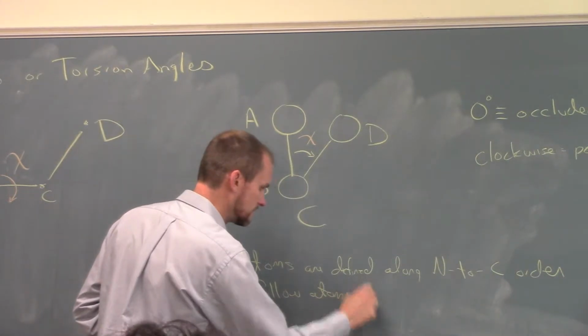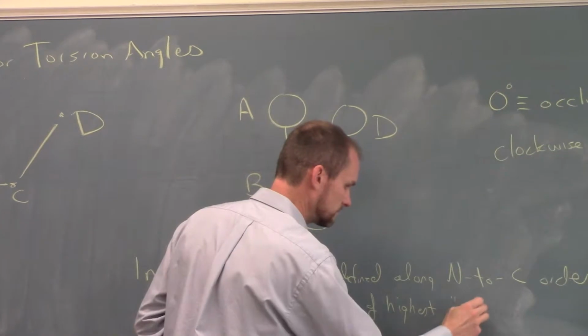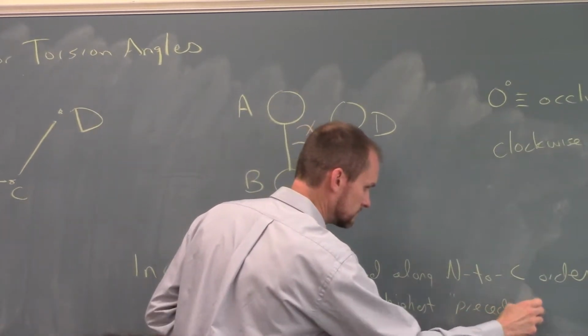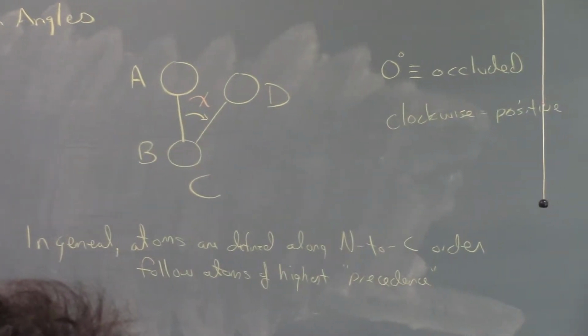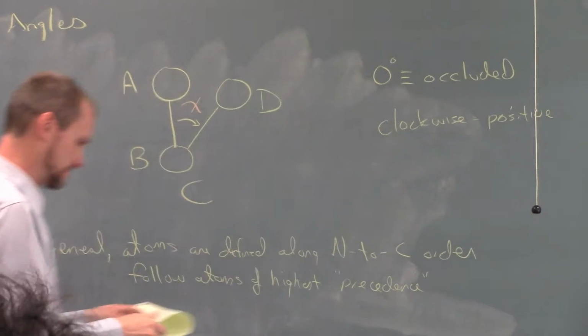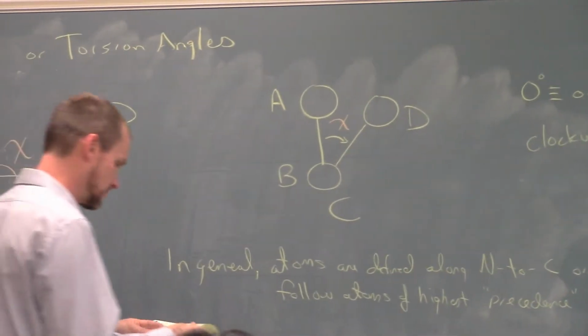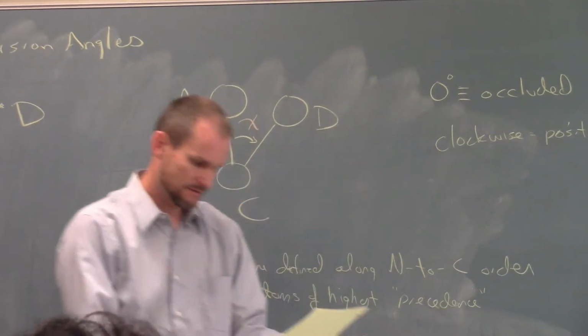atoms of highest precedence, which means we look at the heavy atoms before we look at the hydrogens, so we don't worry about the hydrogens before that. Instead, we go down the backbone first, and then the heavy atoms along the side, or the longer chains if we're going out a branched side chain like an isoleucine. All right, so